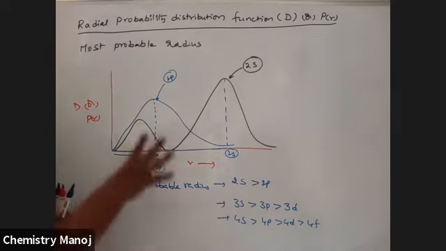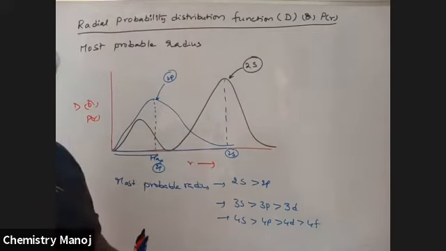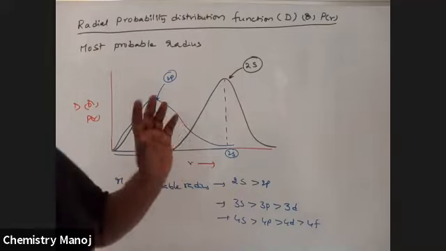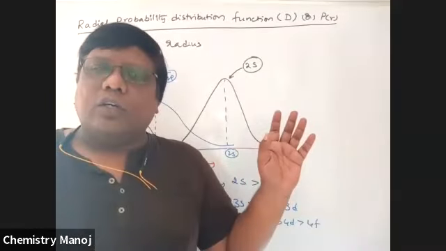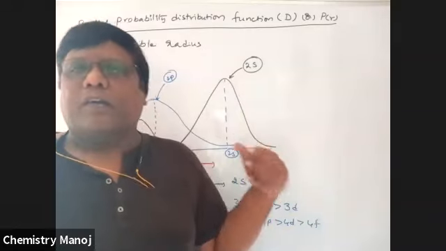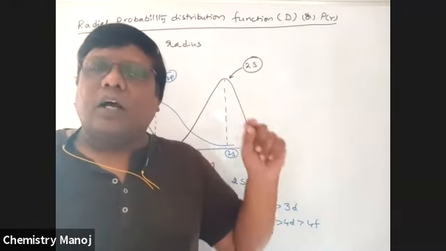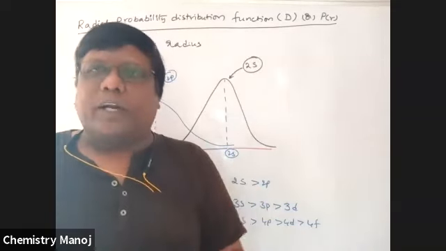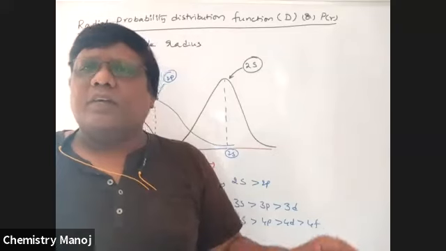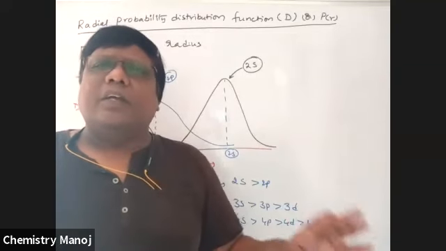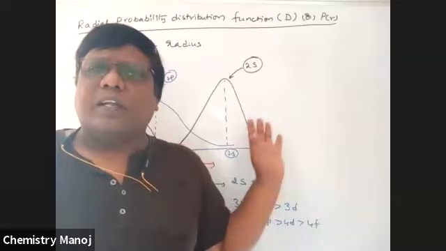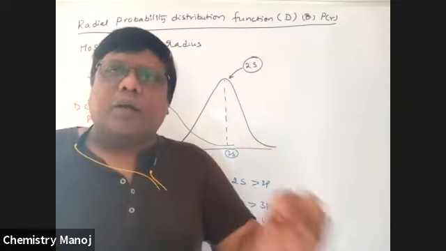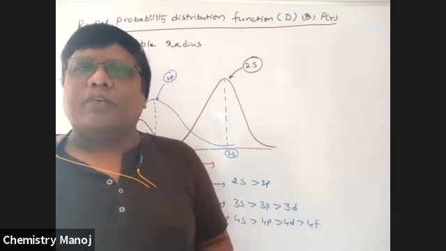These are very, very important from your objective point of view: the number of peaks and the distances, that is 0.53 angstroms, 2.1 angstroms, 0.8, 1.1 angstroms in case of 2S. All those values you should remember because they are very important for the objective side, not for the subjective, descriptive part. In intermediate exams, these values and curves are not included. Today's class is only for the objective side.